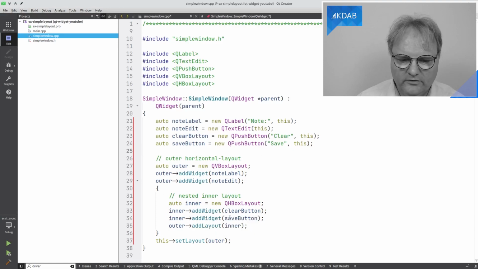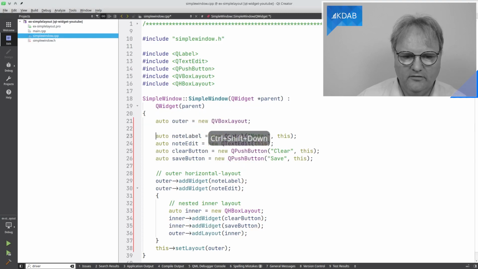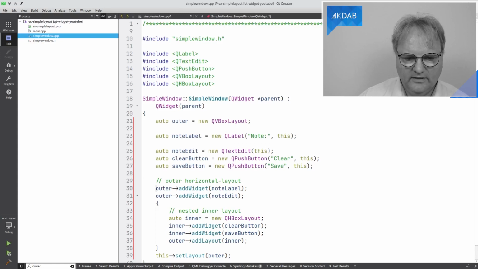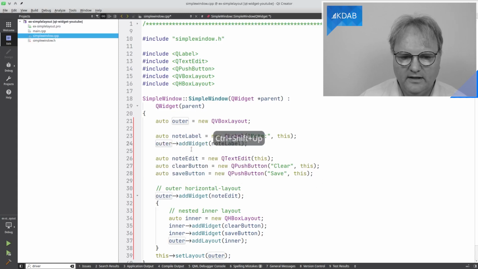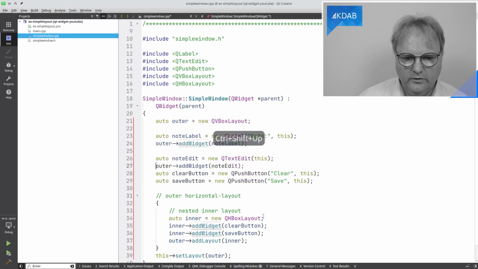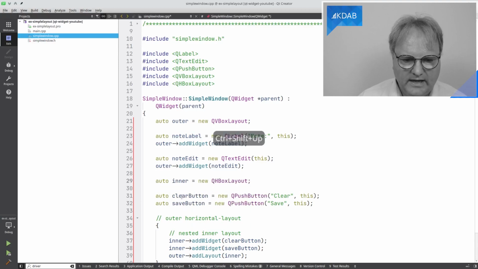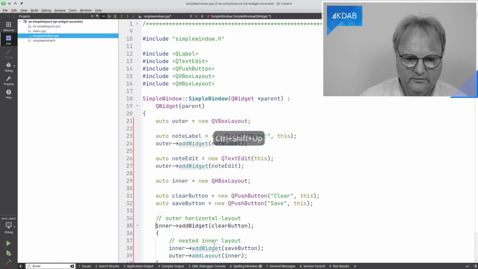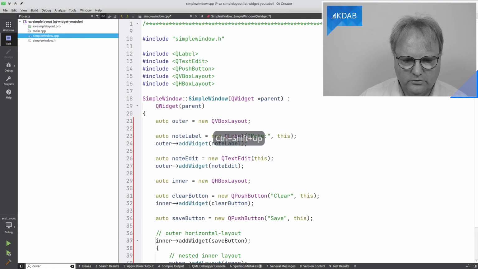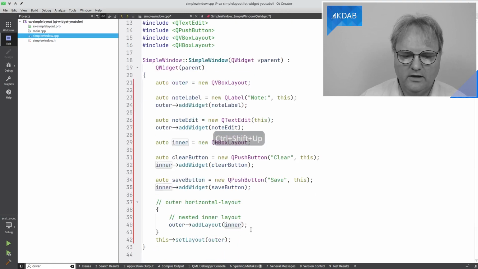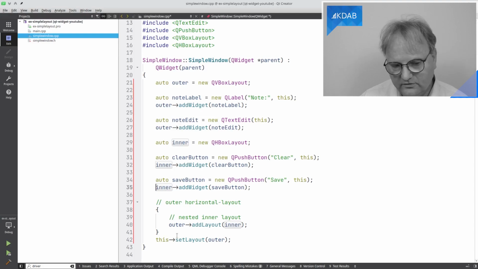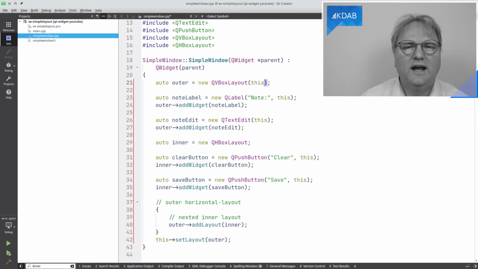But anyway, I will start out saying, let me create a layout manager for the whole shebang. That's the one we have up here. Then let me create the node label and take that node label and put that into that layout manager that I have right away. Also the node edit, add that to the layout manager. Now I need a layout manager that is horizontal. So I'll create my horizontal layout manager and I will add a clear button. I will add that to the layout manager there. I'll create and add a save button. And instead of this set layout outer, what I can do simply is that when I create my layout manager, I can specify the parent.